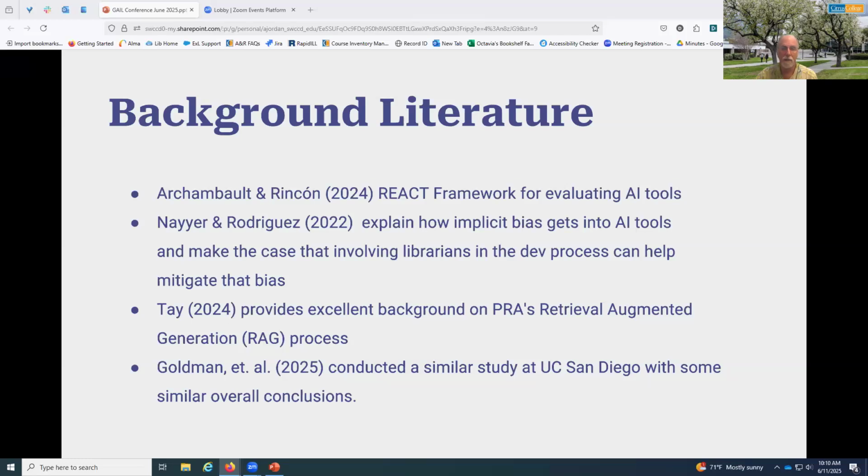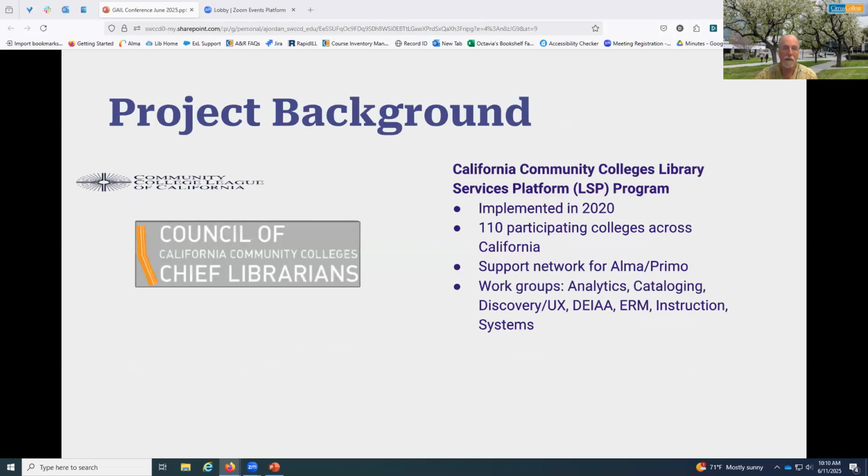Notably, they appear to have reached a similar conclusion that our survey respondents did, namely that PRA may not be ready for prime time yet. So I'm going to turn it over now to Allie to give us a little bit of background into the project itself.